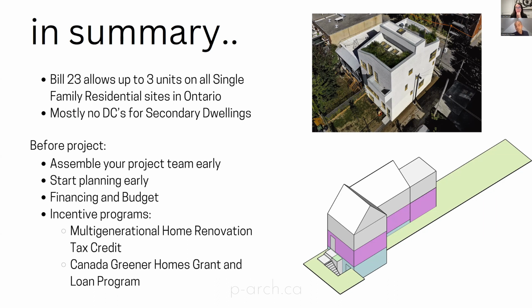It's a significant extra cost in your project planning, and it's a soft cost. It's just a check you're writing to the city. So our advice in any project, similar to the fourplex that we've done in Toronto, is that you want to assemble your project team early. You want to start planning early. You want to have your financing and budget, a really strong idea of how much you have and what your strategy is. But there's also incentive programs that I should mention,